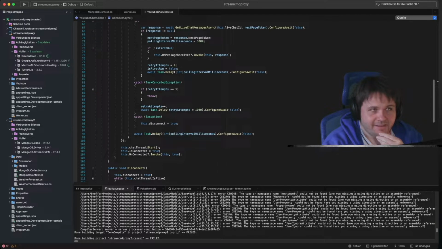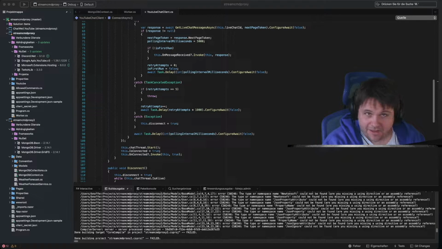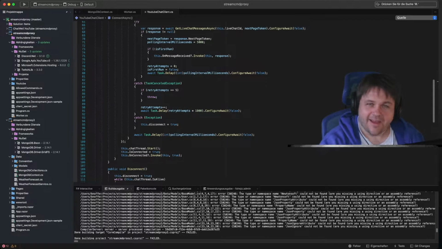Since I want to handle various overlays for my streams also via this bot in the future, I want to have some dynamic configuration, some dynamic display, and